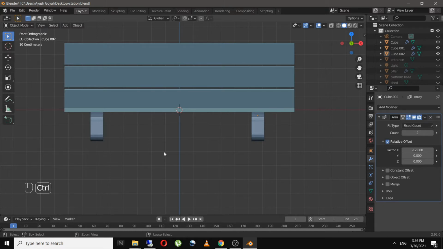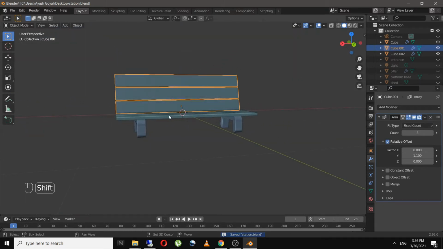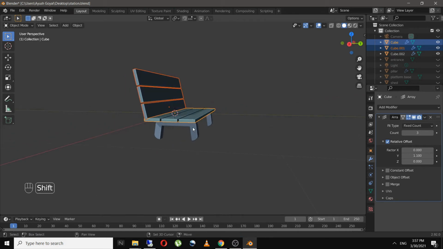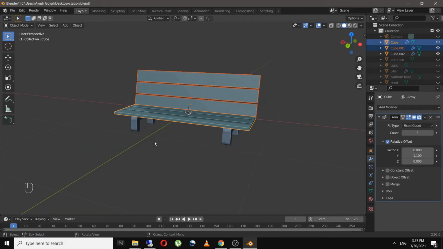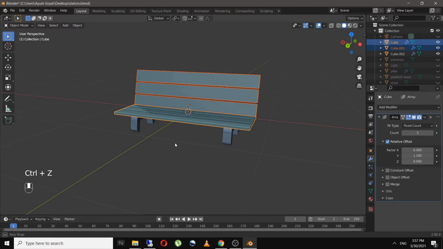So now I will join these two models into one by pressing Ctrl J, and as you can see there is some odd thing going on over here.